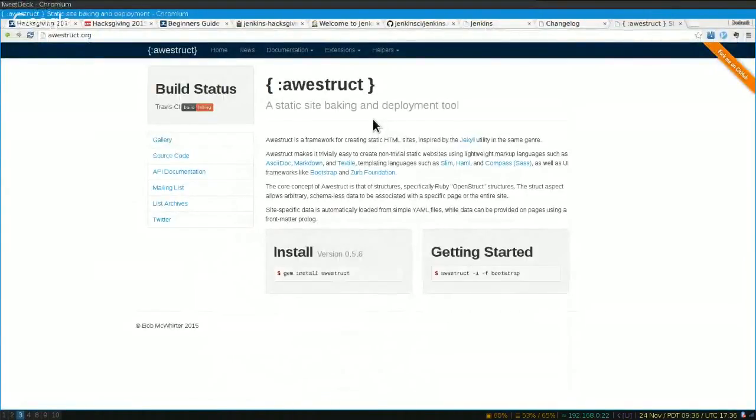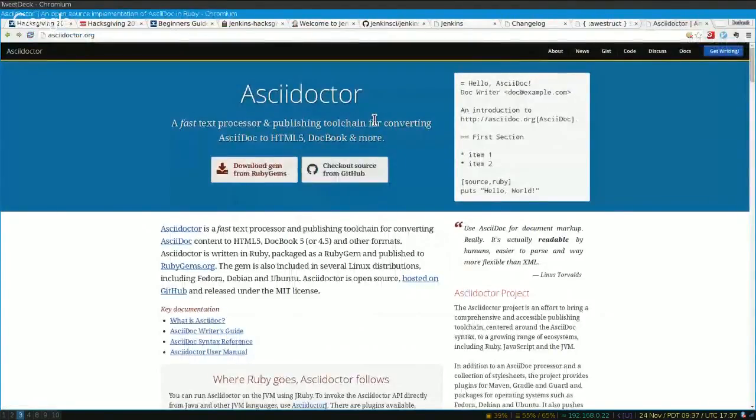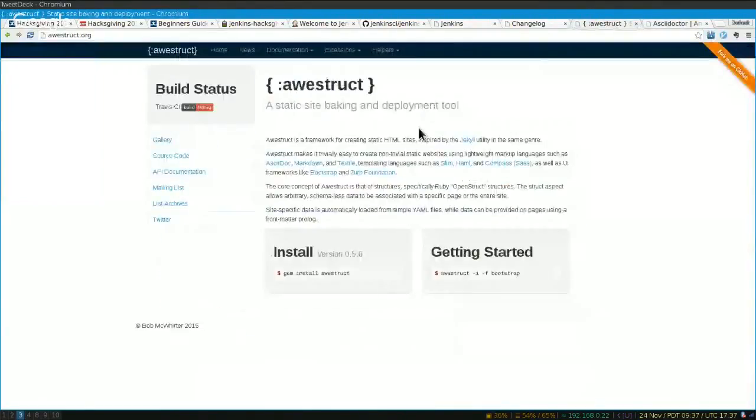It works very similarly to tools like Jekyll. There are so many different static site generators out there. One of the reasons that I chose this one is it's used by ASCIIdoctor.org, and ASCIIdoctor is one of the most useful ASCIIdoc tools that I've worked with, so I've become very familiar with ASCIIdoc for writing documentation. But also, Awestruct is very versatile. A lot of the content that we have from the old version of the site is either Markdown or HTML, and not everything that we're going to be building is going to be Markdown or HTML. We need little partials defined in one template language, and then